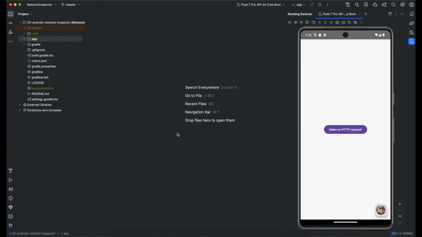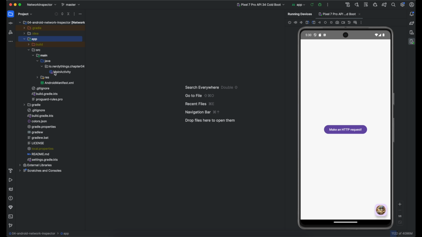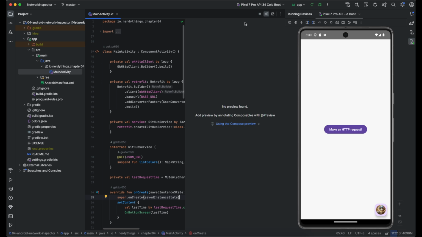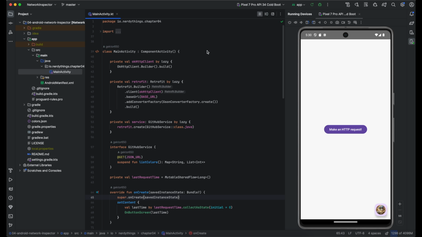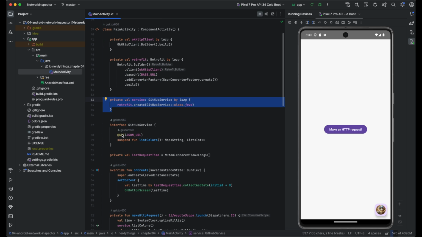I've prepared a single activity, single button application, and you can find only the main activity class. As we can see, it has an OkHttp client on top of it. Also, it has Retrofit for convenience and one service. This service will make a GET call for a JSON file placed in the same